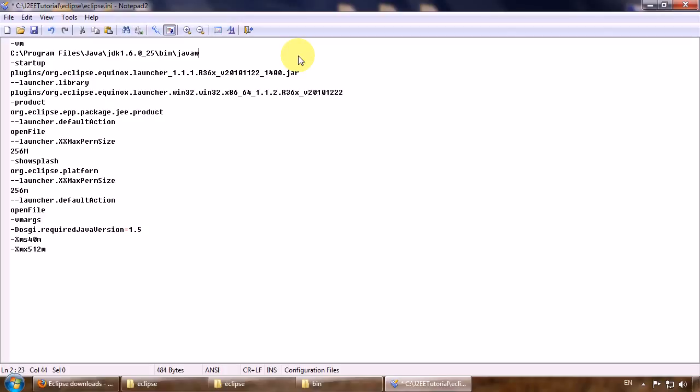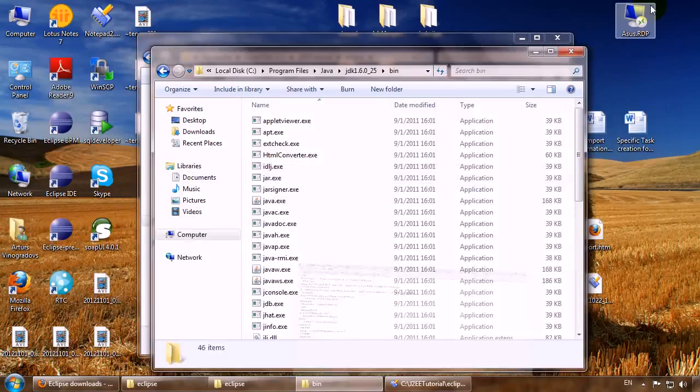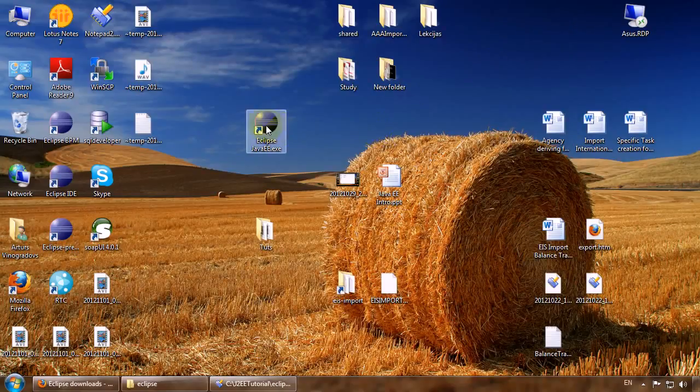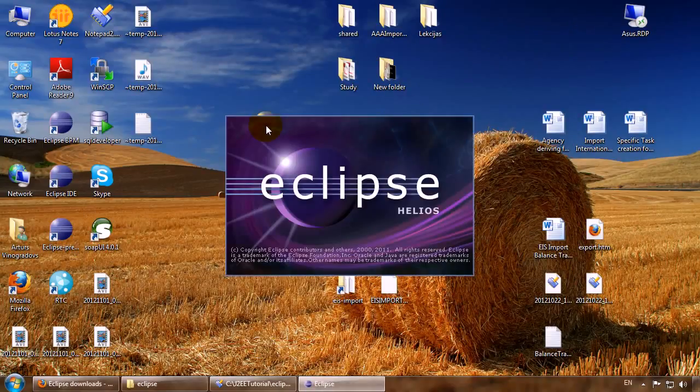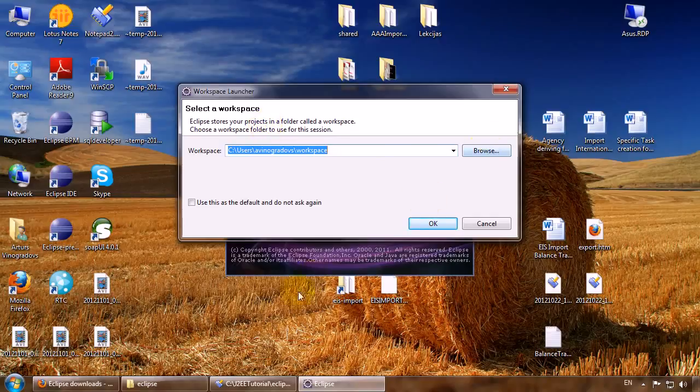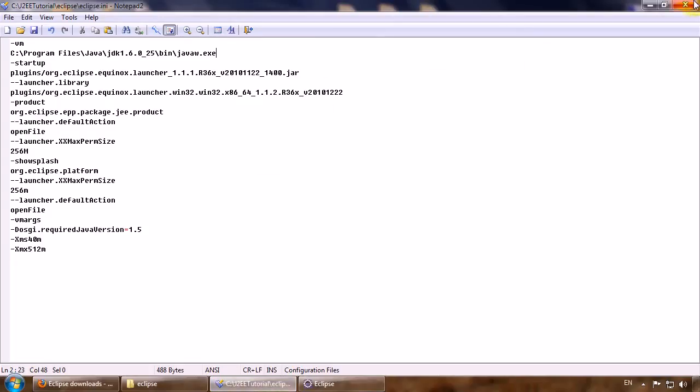It's called like that, and let's try to save this configuration and try to start Eclipse again. Okay. And it looks good. No more exceptions. So yeah, we fixed that problem, and